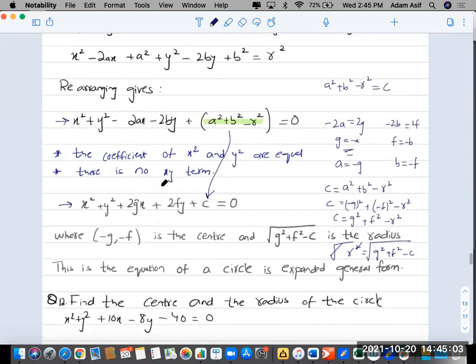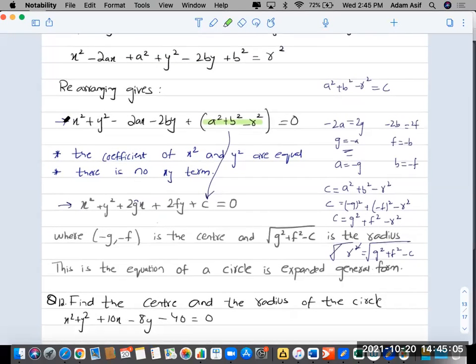Now my advice to you guys is use this form as the expanded form instead of using this. ये क्योंकि confusion हो रहा है कि यार g minus a है, याद रखना पड़ेगा, f minus b है. Just use this form. Just use this form to find the values of a, b and r. देखो, equation of a circle find करने के लिए we need the center के coordinates which is a comma b, and we need the radius.